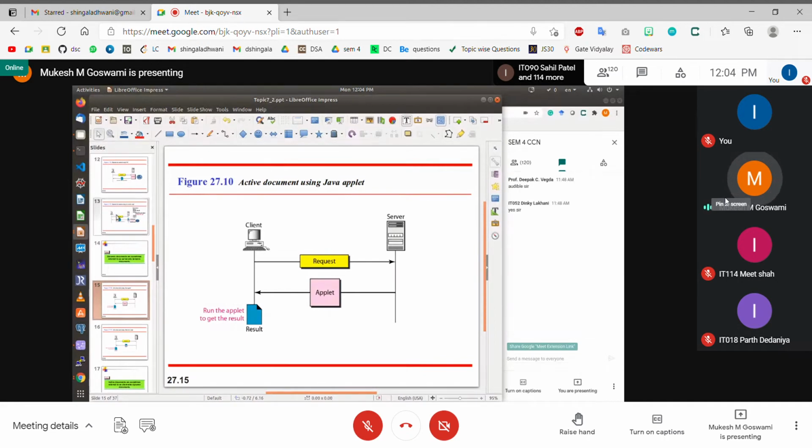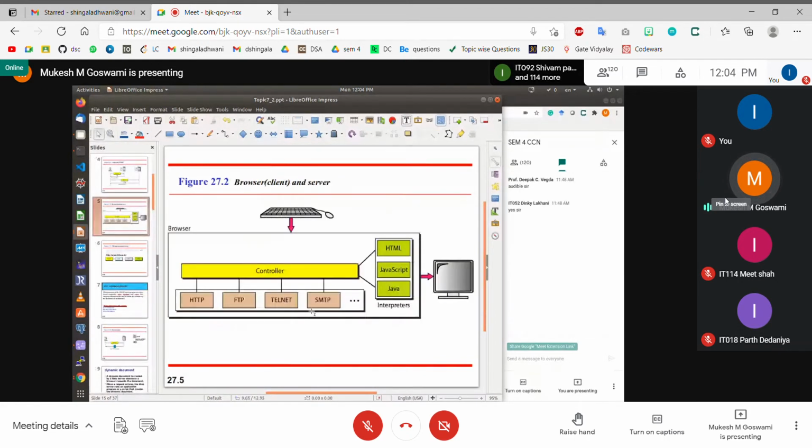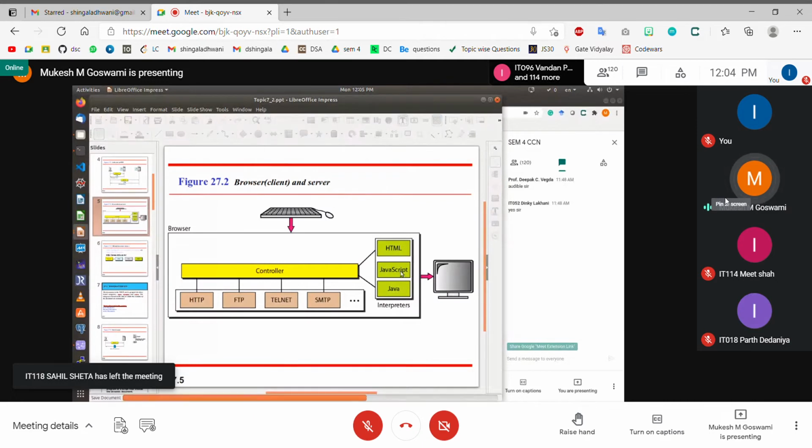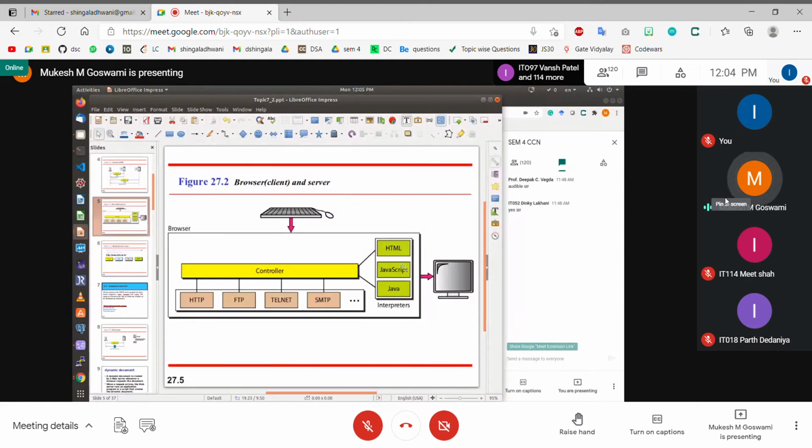As you can see here, we look at the structure of the web browser. The structure of the web browser consists of these parts. The first part is HTML, where it can interpret the HTML content and display it on the screen. The second component of the web browser is the JavaScript compiler or JavaScript interpreter. It is able to understand the JavaScript code, and not only understand, it is able to execute the JavaScript code, and based on it change the property of the client window, that is, the browser window.